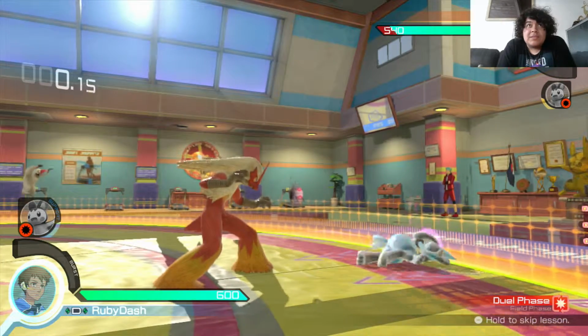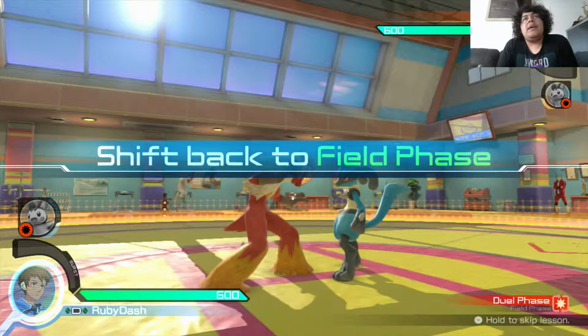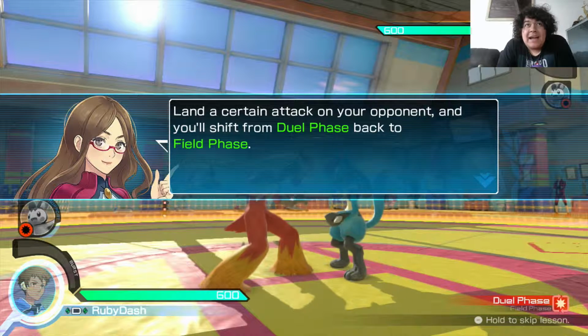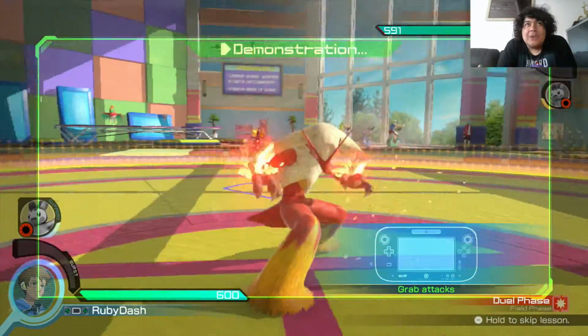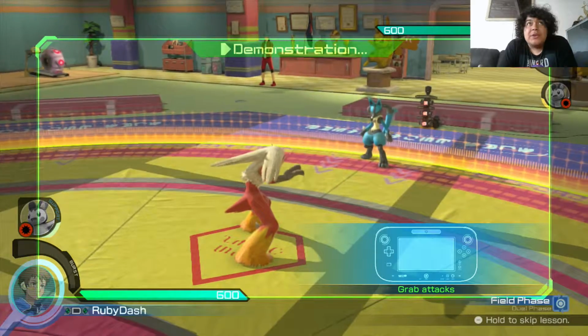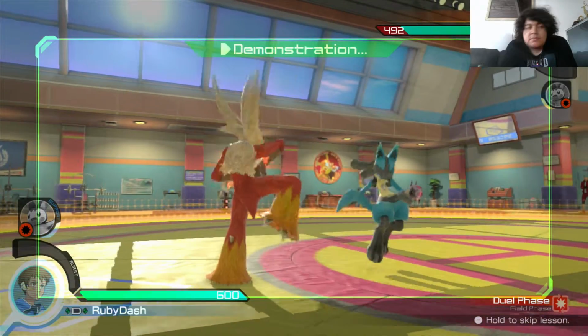Okay, so we're just gonna have the time run out because we don't have anything else to do. So certain moves actually put you back from dual phase to field phase. I don't exactly know which moves do that yet. I'm not sure if it's only grab moves or different kinds of moves, but again,